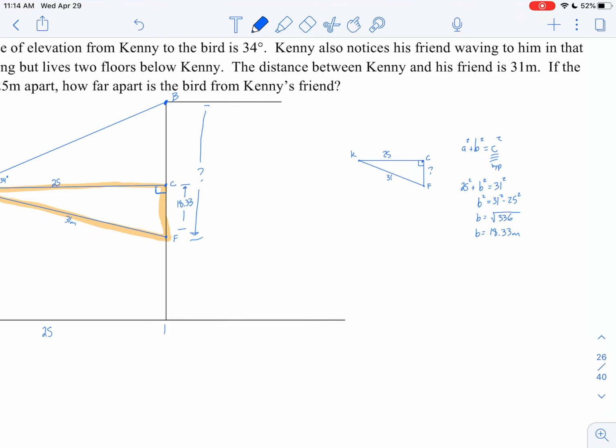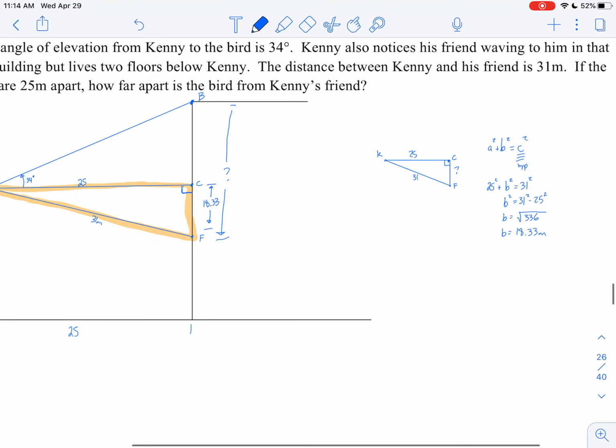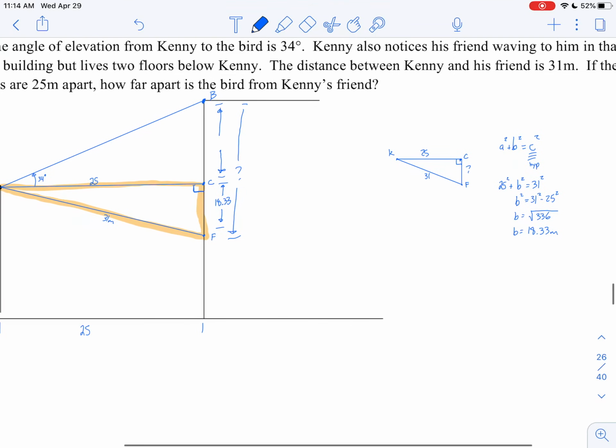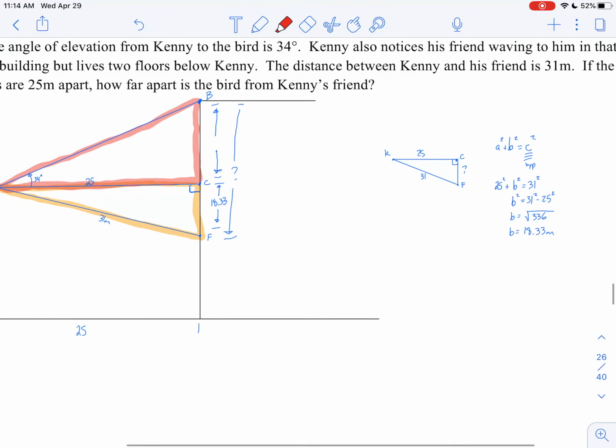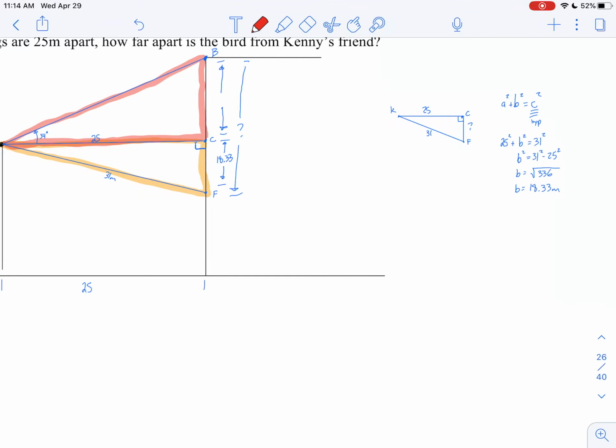So we've solved for a small chunk. Next, we want to find out this next distance from here to here, because if we find this distance, we can add it to 18.33, and we will have our total distance. So next, I'm going to look at this second triangle from here to here to here, and use the information required. So if I draw this one off to the right in red to make it a little more simple, here, if I just gave you a problem that had one triangle, looks something like this